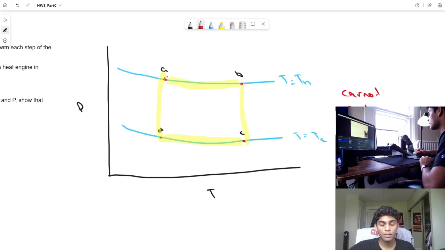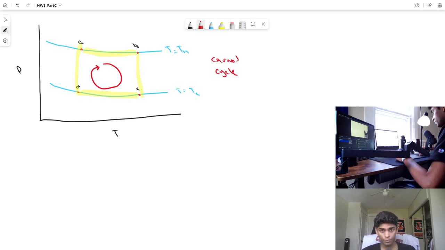It is quite literally a cycle going between these 4 points, which goes along this higher temperature, down adiabatically to a colder temperature, up isothermally to this higher pressure on this colder temperature, and we go back up to that higher temperature curve. So in order to derive what we want to find out, the first step here is